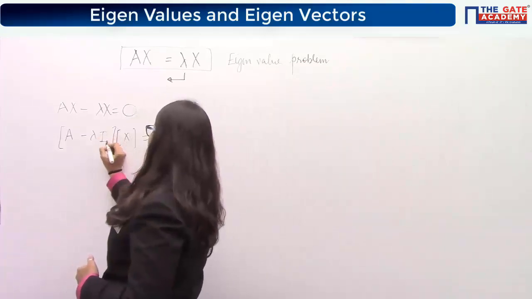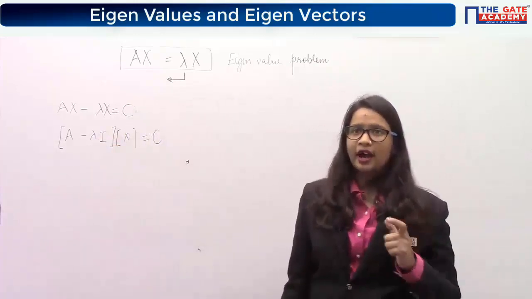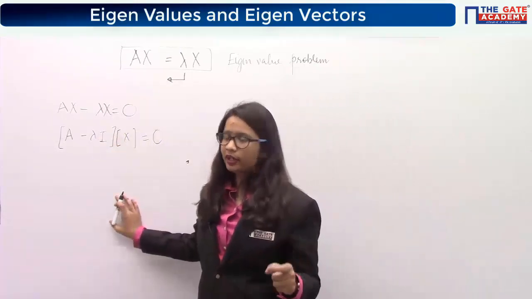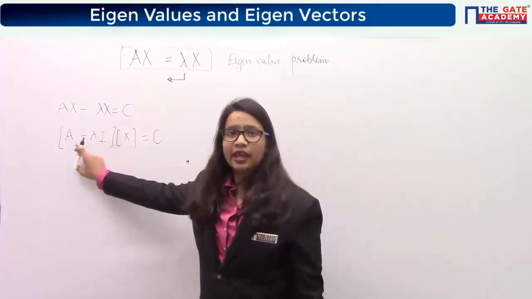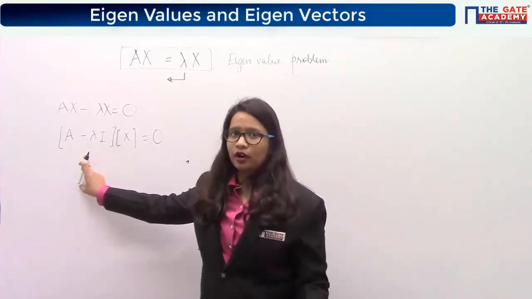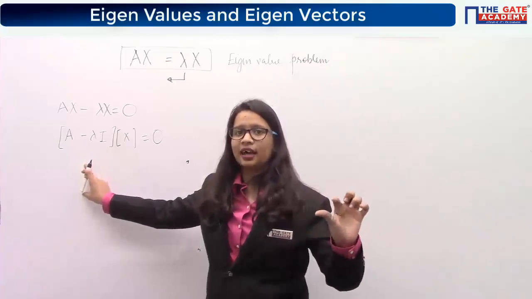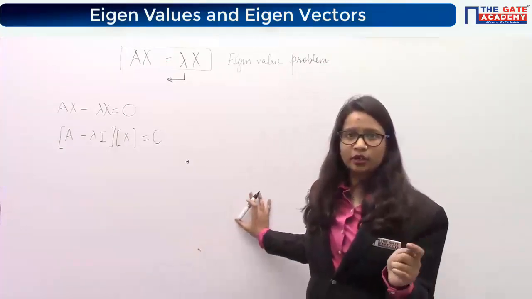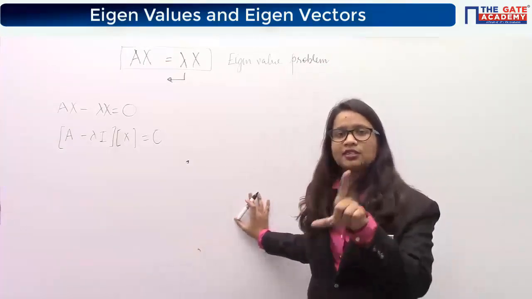Thank you. So there will be an I here. Why I here? What is I? I is the identity matrix, and there should be I because A is a matrix while lambda is what? Lambda is not a matrix. Lambda is a scalar. Like in the last case we saw lambda to be 2 or 3. So lambda is a scalar quantity.